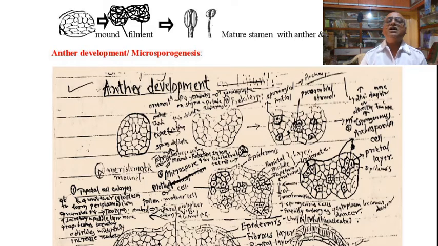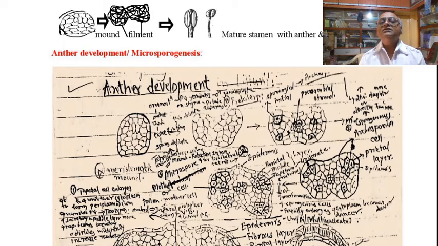It has very dark and dense cytoplasm with a dense nucleus, full of DNA and RNA material, which is responsible for its ability to divide. So this cell of hypodermal origin at the four corners is called the sporangial initial cell or archesporial cell. The centrally placed structure is the primordial strand that indicates the connectivity with the filament.